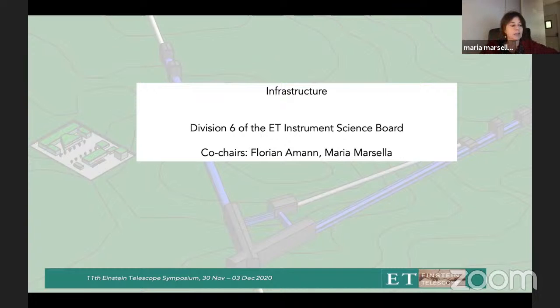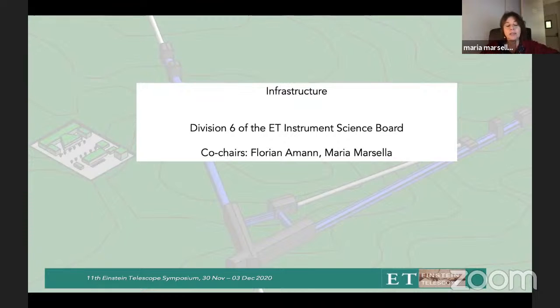Even though there is a large interest, it's difficult to explain what our role is right now. As far as we have understood, in this division we have to collect all the requirements from the scientific community in order to provide some indication, some guidelines for the future preliminary design of the infrastructure. This means that we have to start to study, as you have seen from different presentations, the site conditions, the possible engineering solutions, and different scenarios for building the interferometer, and try to make them